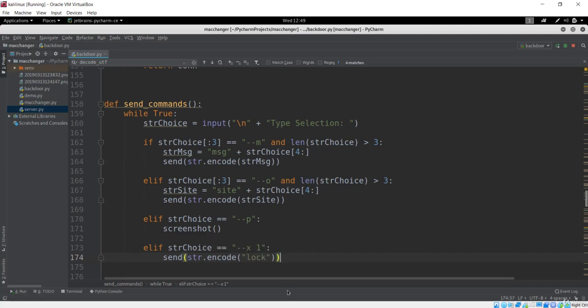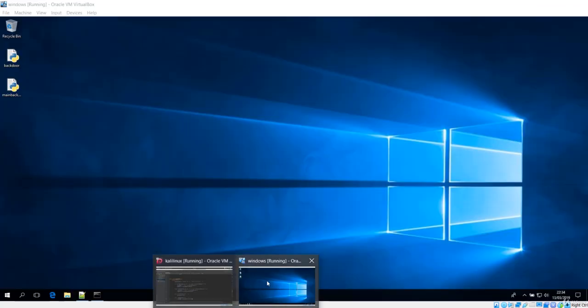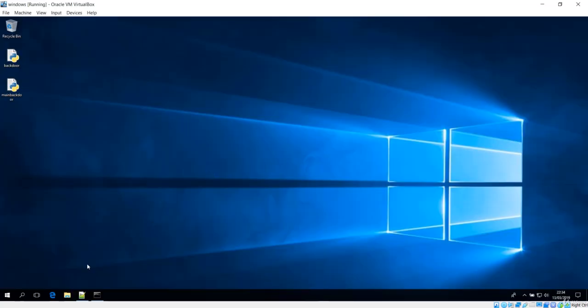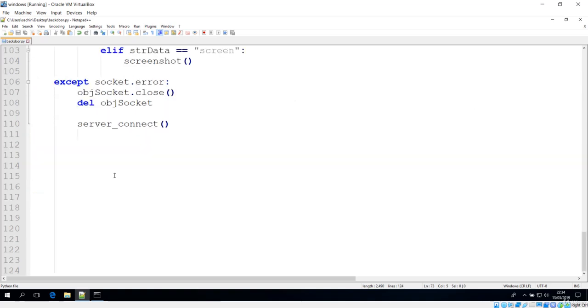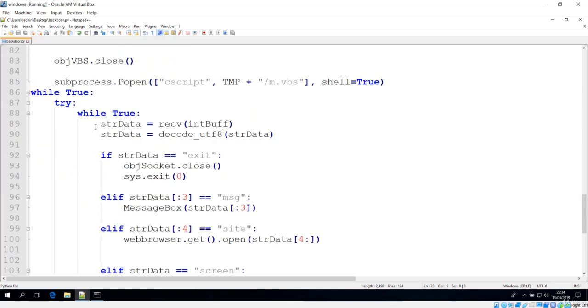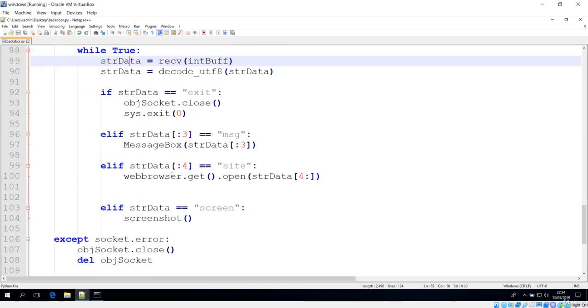Let's go to the client part, which will be interesting. We have this backdoor.py file, and here is where we receive the data from the server.